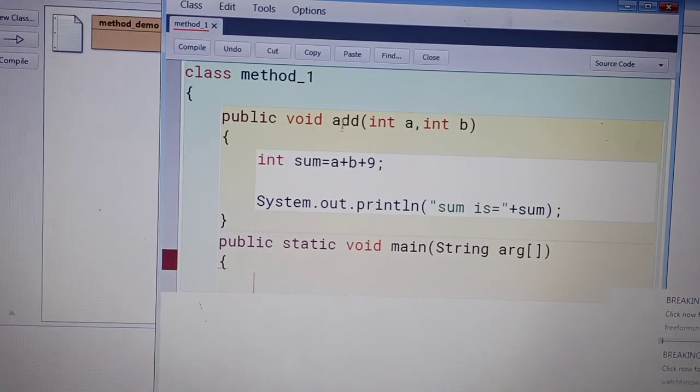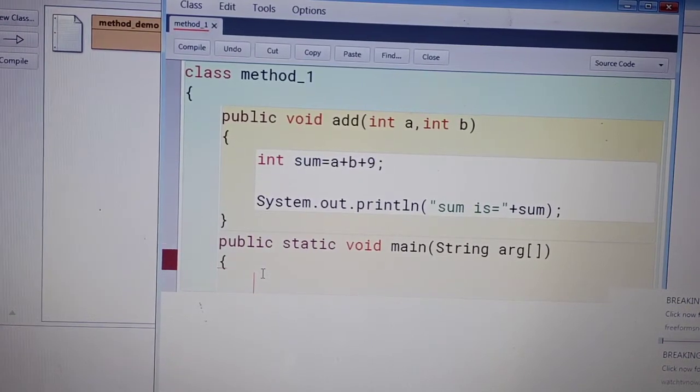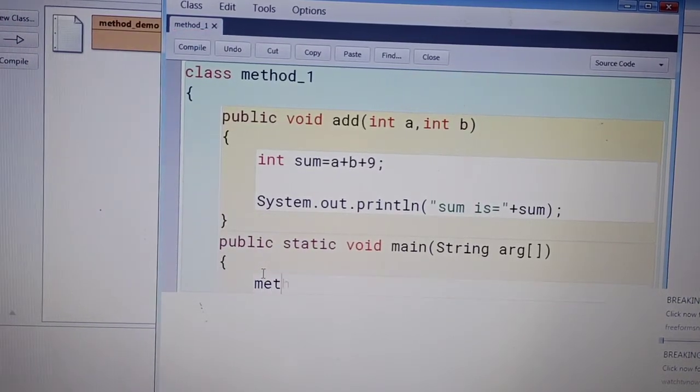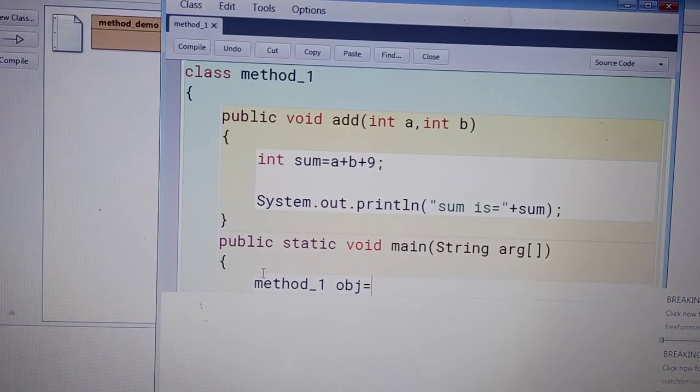So for calling this method we need to create the object. Okay, how to create the object? For object creation, the class name is method 1, then the object name. Object name is an identifier, so you can write any name here. I am writing obj. Then is equals to new.